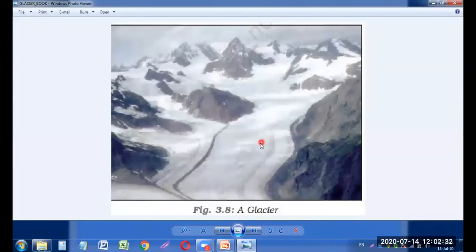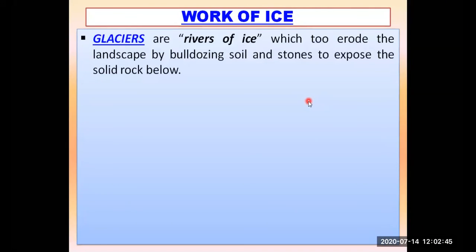And ice are formed because of the freezing of the water in the winter season or due to the cold season. This is known as the freezing of the ice. And you can say glaciers are formed like this. This is one of the photograph of the glaciers. So glaciers है क्या? That is the river of ice. ये river पानी से नहीं बना है. River कैसे से बना है? Ice से बना हुआ है.